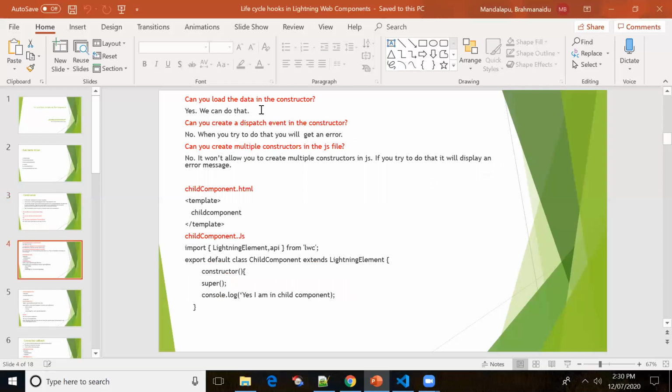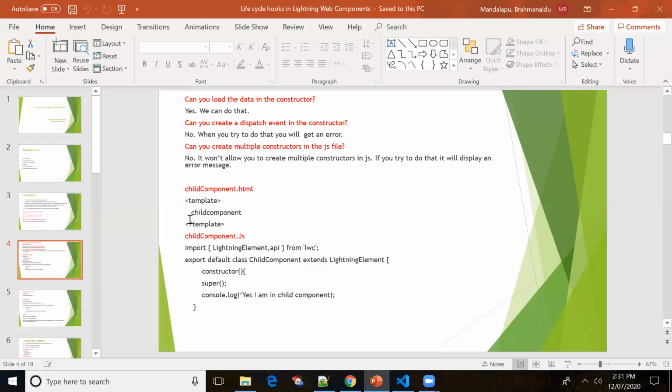Can we load data in the constructor? Yes, we are able to display the data from the constructor. Can you create a dispatch event in the constructor? No, we will not be able to do that. You will get an error from Salesforce. Can you create multiple constructors in the JS file? No, we will not be able to do that. You will get an error.